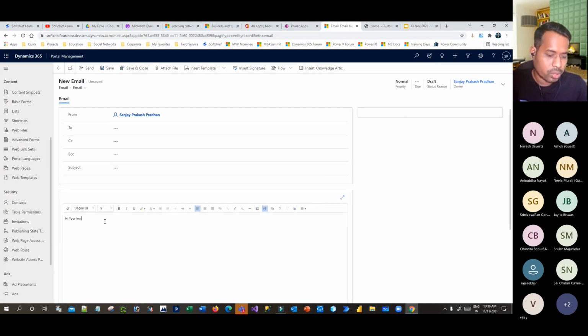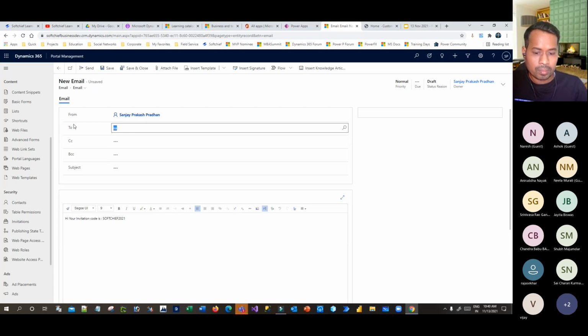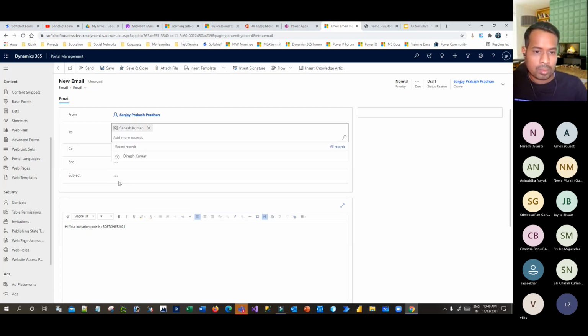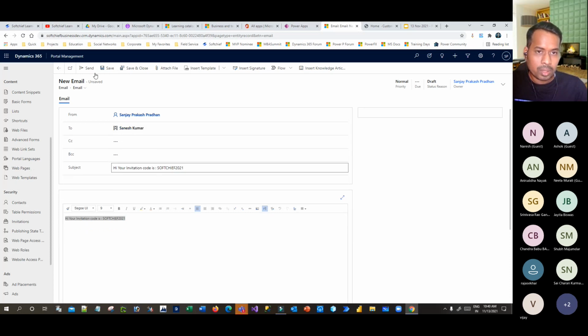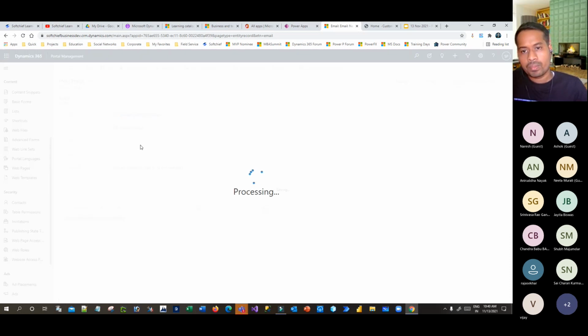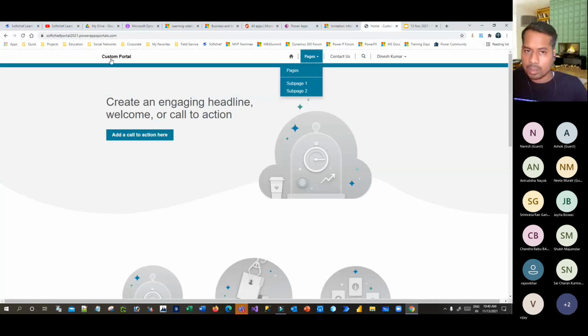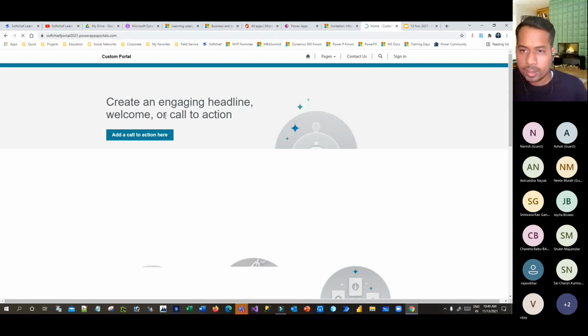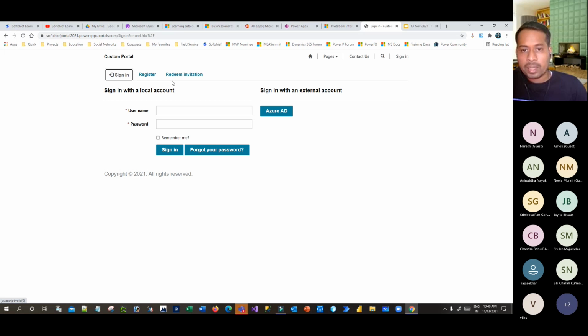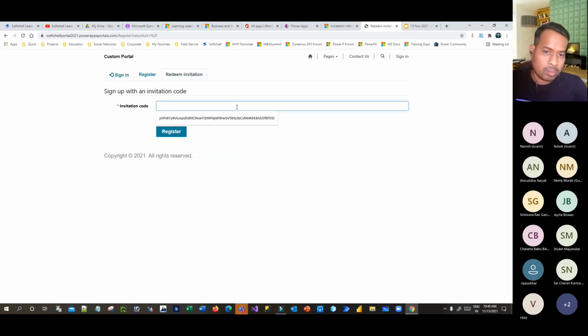Hi, your invitation code is this. You can send this to the user. Right, subject something and click on send. Right, so this way you can send your invitation code to the customer, right? And the customer will come to your custom portal and try to redeem the invitation code, right? So that he can register automatically using the invitation code. So click on redeem invitation, provide your invitation code here,